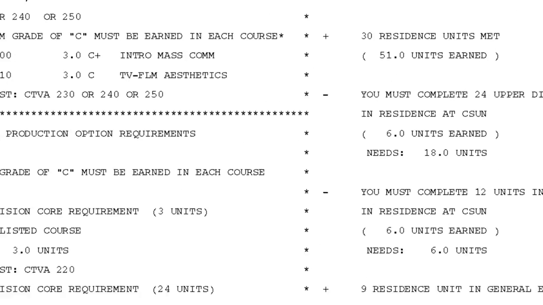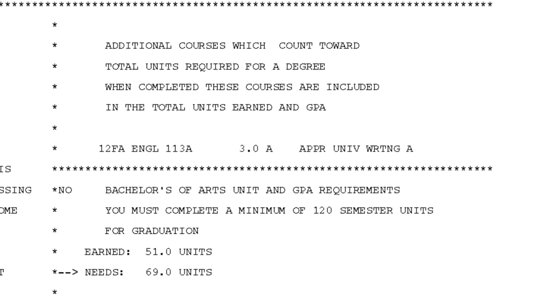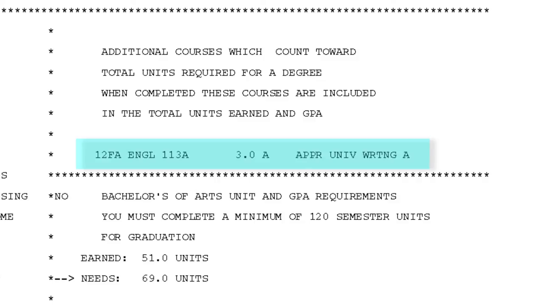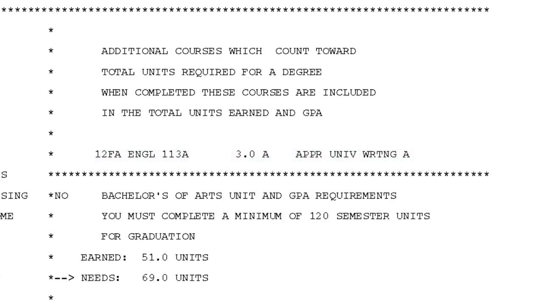Immediately after the program requirements, you will likely see a list of courses that count toward the total units required for a degree, but not for any other requirements in the DPR. This student currently only has one such class, in which an A was earned. The upper division courses that you take for your 6 units of multimedia elective courses will appear here until the appropriate substitution forms are processed. At that point, they will move to the upper division elective area portion of the DPR.